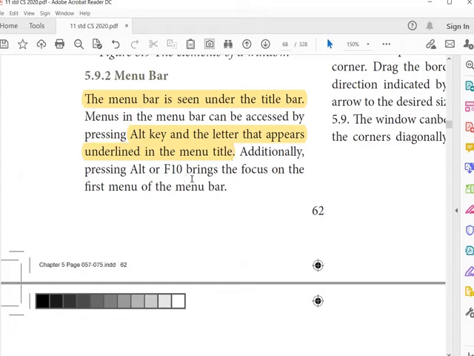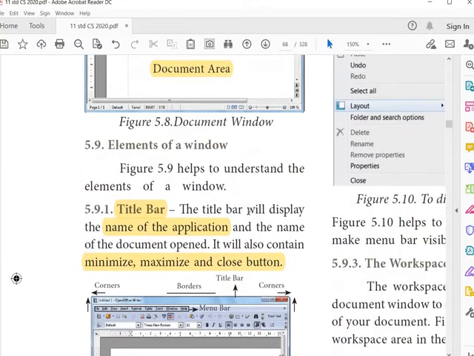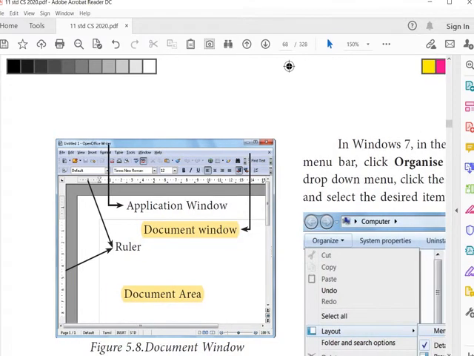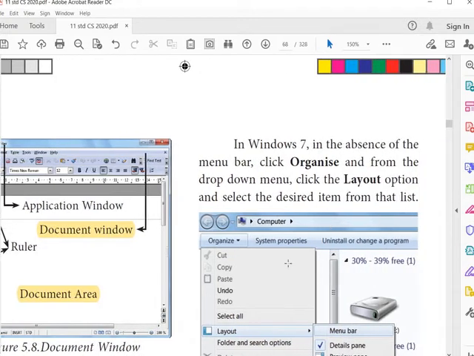Additionally, pressing Alt or F10 brings the focus on the first menu of the menu bar. So you can try these things on your computer when you are in the lab, or if you have a system at your home, you can try these shortcut keys.